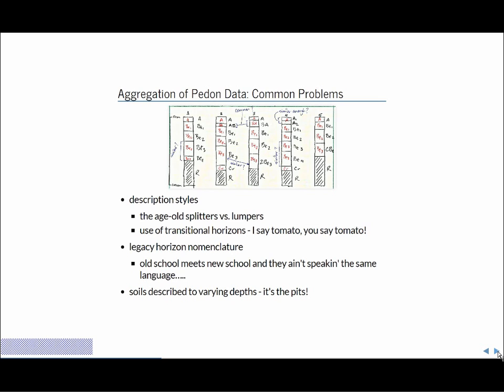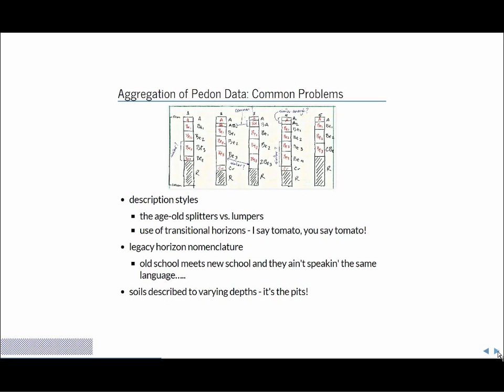If you're dealing with soils data that's, say, before the 80s or early 80s, you might be looking at some old horizon nomenclature, which is considerably different from what we use now. And so you have to meld that and mesh that in with our more current methods. So there are issues with that. And then the last thing is the